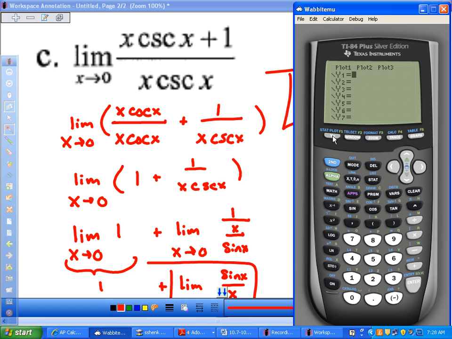Now, normally, in Algebra 2 and in pre-calc, if you wanted to type in cosecant into your calculator, what did you have to do? 1 divided by sine x. Do we have to do that anymore? No. Where can we get those reciprocal trig functions now? Hit the math button twice. Yep. So I've got a fraction here, so I want my numerator in parentheses. So we're going to go parentheses